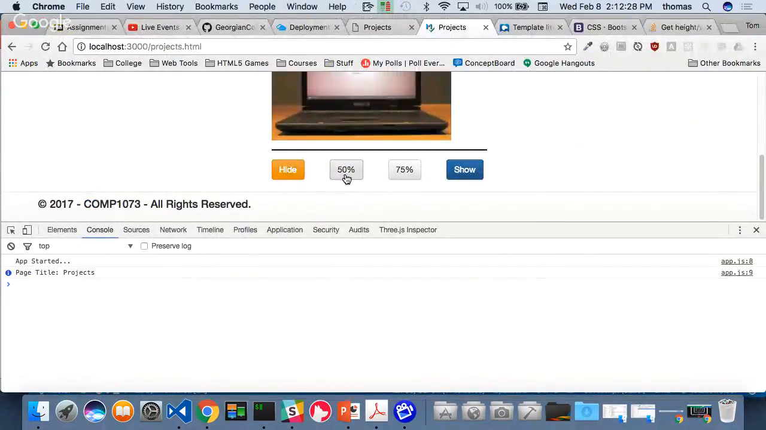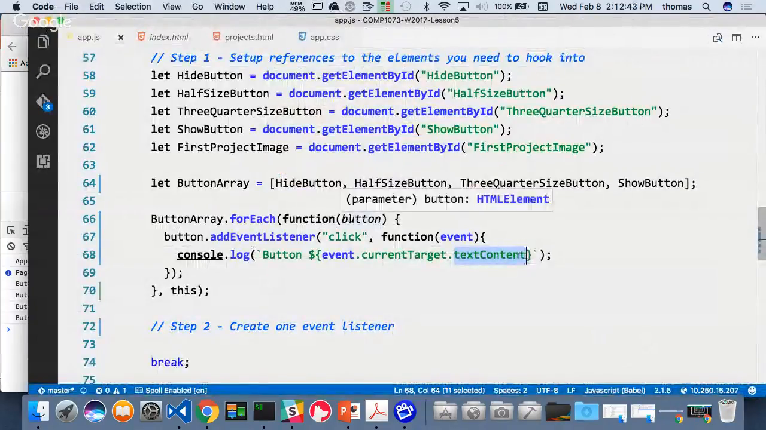Let's try this again. So if I go 50%, yay, right? It says button, the 50% button, hide button, the 75 button, okay, the show button. That's what these buttons are, right? So I can use one event, right, by looping through each of the buttons and targeting each of the buttons